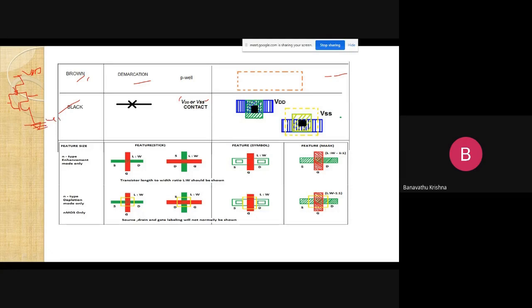Here I am giving the input terminal, and here the output terminal. So these are the VDD and VSS contact cuts, represented in this way.